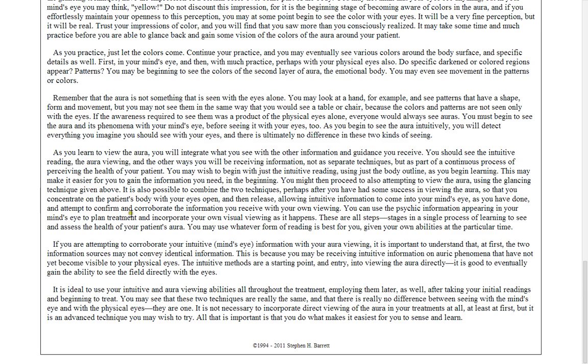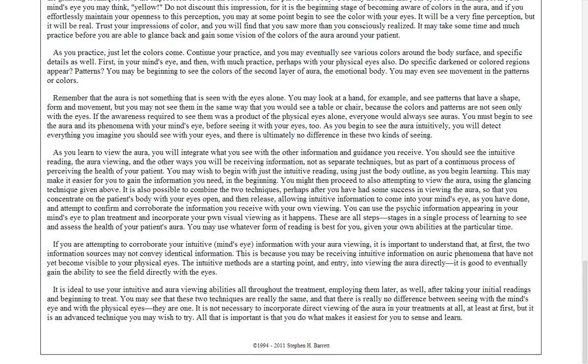Okay, so then you can learn how to concentrate on the patient's body with your eyes open, and then release while your eyes are open, and still receive psychic and physical information based on that. Just because your eyes are open doesn't mean you're looking out through your eyes. You can be looking out through your mind's eye. You're always looking through your mind's eye; you're not always looking through your physical eyes. You can use the psychic information appearing in your mind's eye to plan the treatment and incorporate your own visual viewing as it happens. These are all stages in the single process of learning to see and assess the health